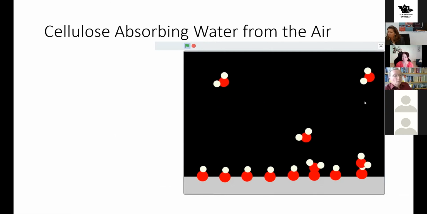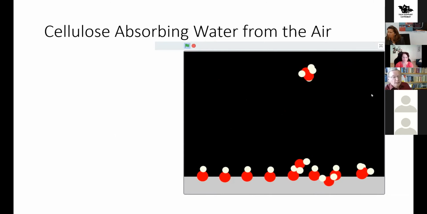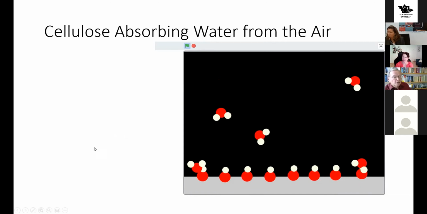And these are water molecules in the air, and they kind of stick at these oxygen-hydrogen groups here. And that's a phenomenon. Well, there's a kind of bonding between the hydrogens of the water molecules. These are hydrogen atoms. There's a kind of bonding between these atoms and the red oxygen atoms. This is called H bonding. And this is modeled in a very simple Scratch